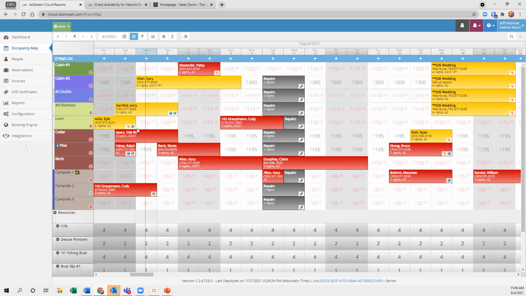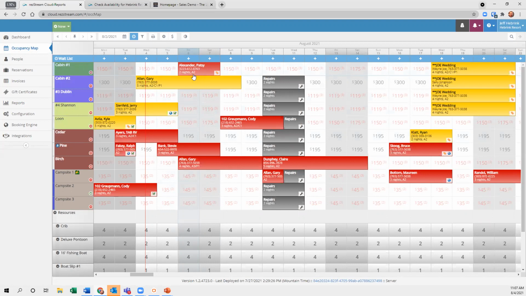People wanted more information on these reservations without having to click. One of the most common pieces of feedback was the guests, who's coming. So some people may have seen this, some people have asked, but I just wanted to make sure I covered this. So now you have the option to, and I'll show you the setting here, but it will display your